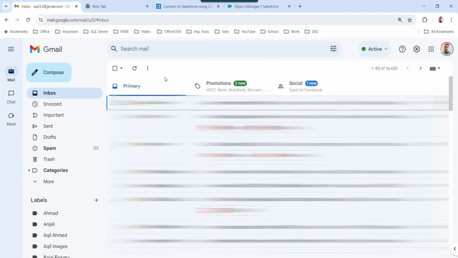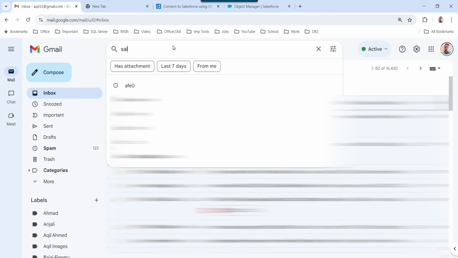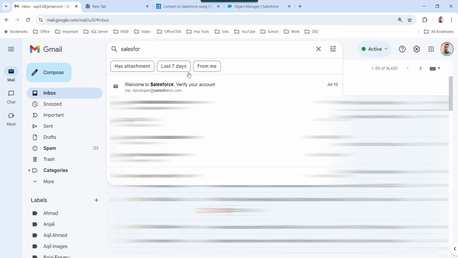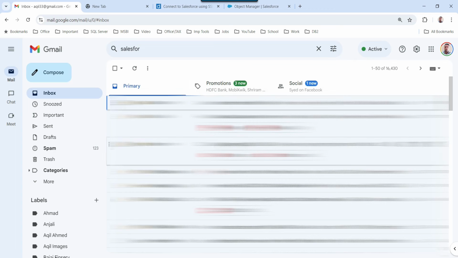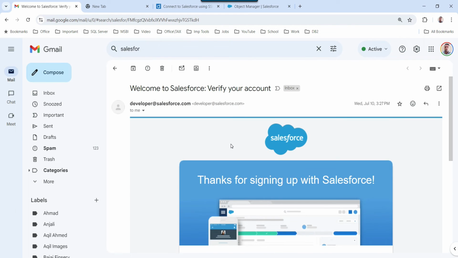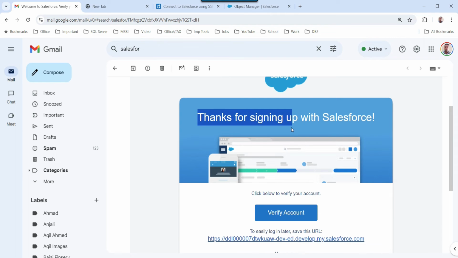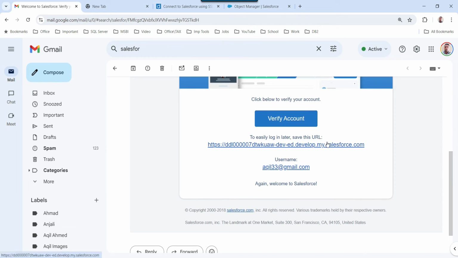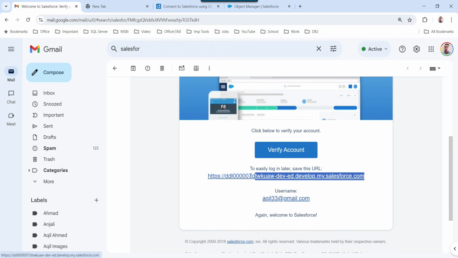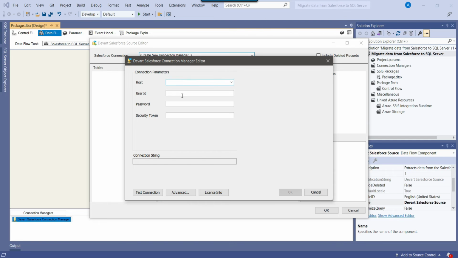So if I go to my Gmail address and if I search for the Salesforce, like verify your account, so when I created the account, I got this particular email like thanks for signing up with the Salesforce. So I got this particular URL. So this is the host name, so I can copy this particular URL from here, okay, and I can paste it here. And my user ID is my email address, so I can type the user ID here, okay, and